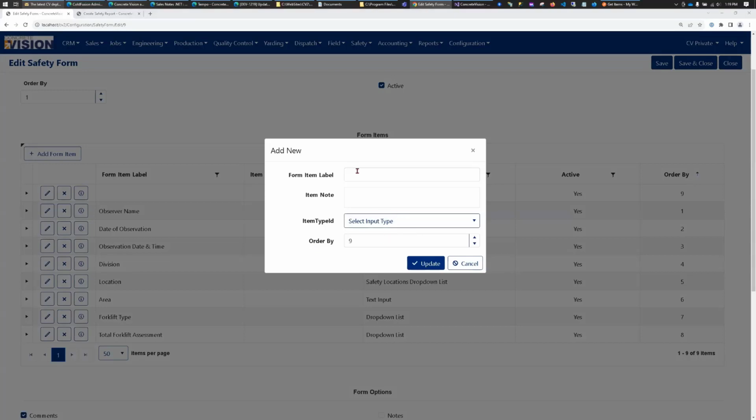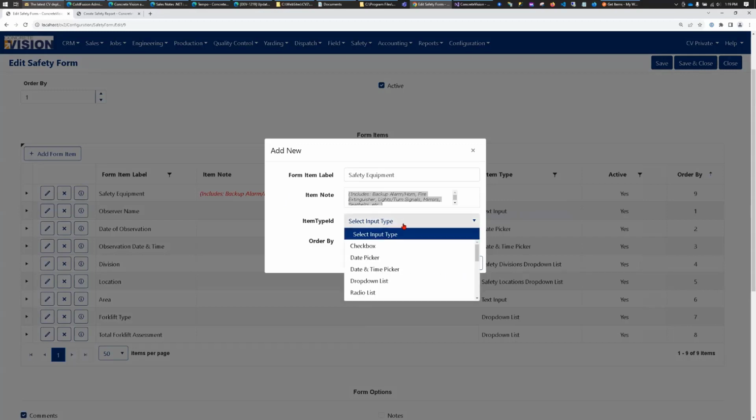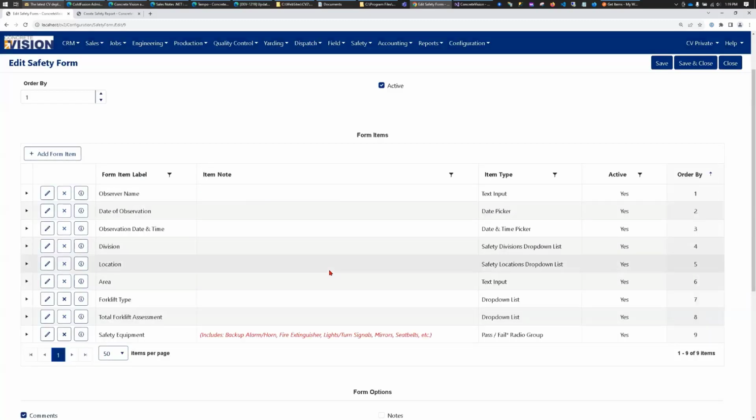So let's say within the forklift, it's safety equipment. We're going to check it to see if it passes or fails. So on the note, we would say this is what we consider the safety equipment on a forklift. We can go ahead and make that italic and give it a color if you want to, just so it looks a little better on the page itself. And you'll see that we created some predefined pass fails that you can just quickly select, and you don't have to worry about creating a drop down or creating your own input field or radio group. And we'll go ahead and update that,